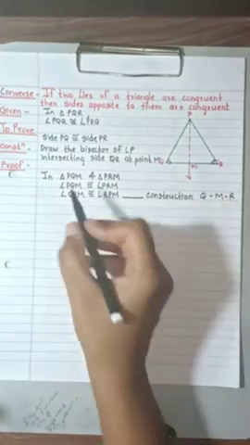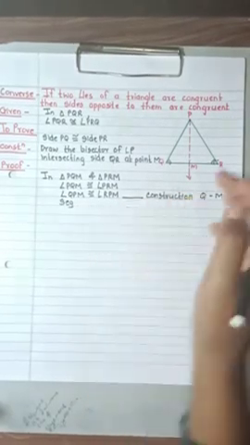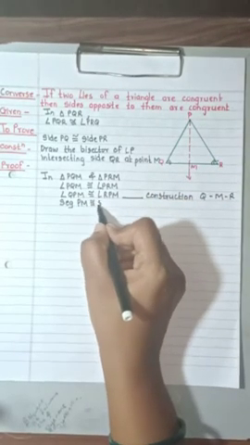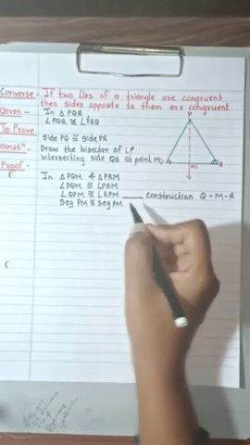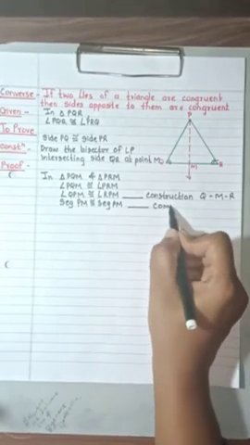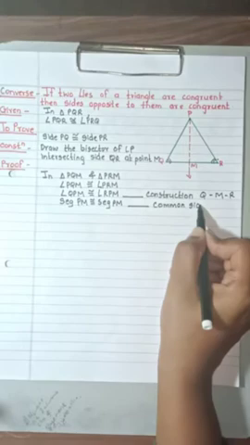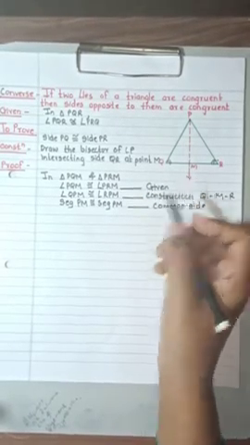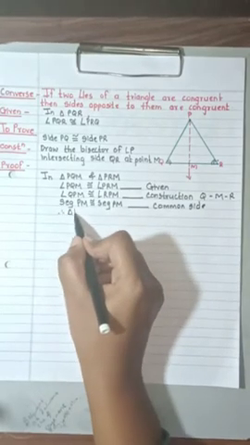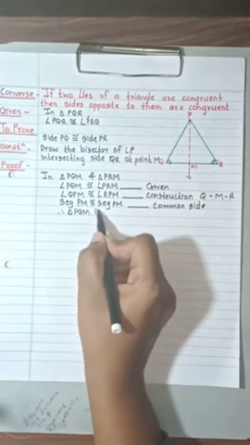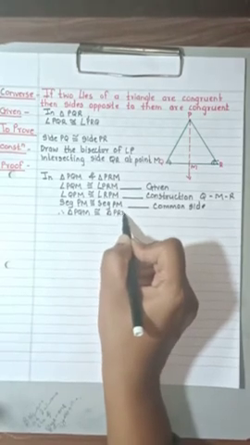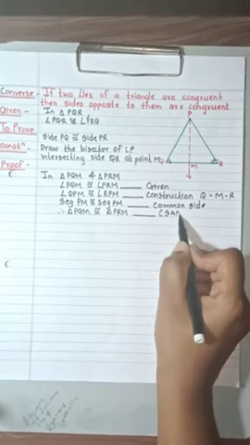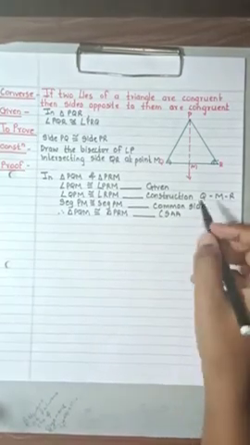Therefore again you can write down here segment PM is congruent to segment PM. So this is the common side. Here you can write down given. Now therefore you can say that triangle PQM is congruent to triangle PRM, and here you can write down that it is congruent by SAA test, that is side angle test.